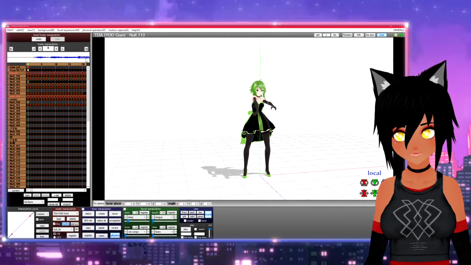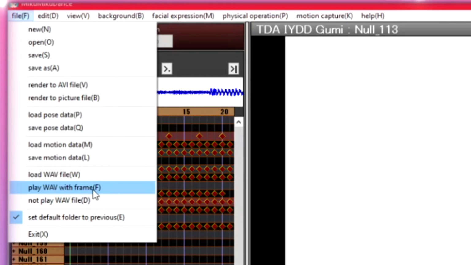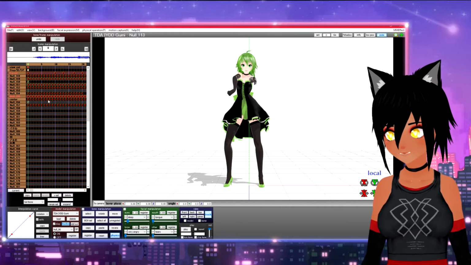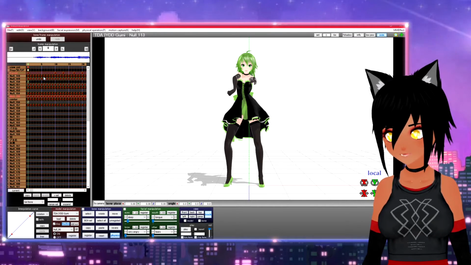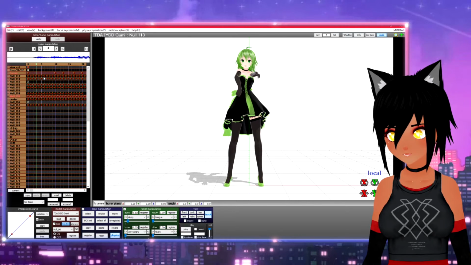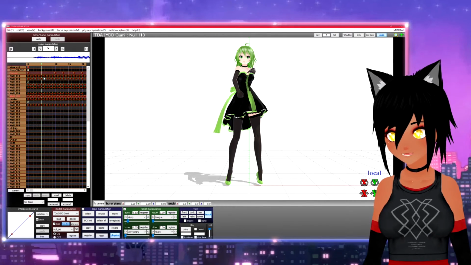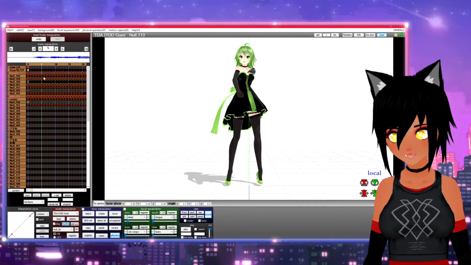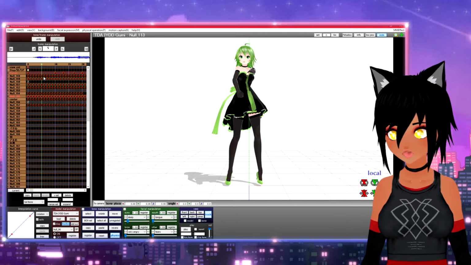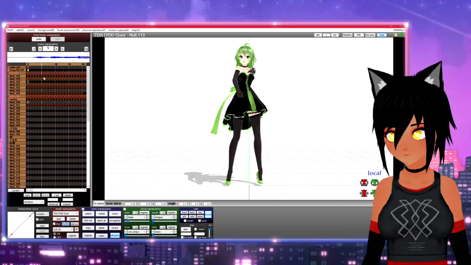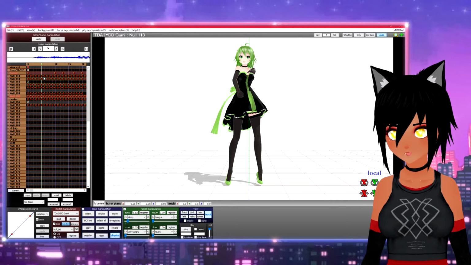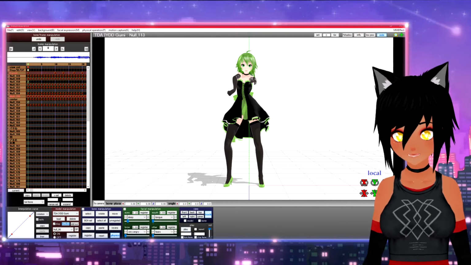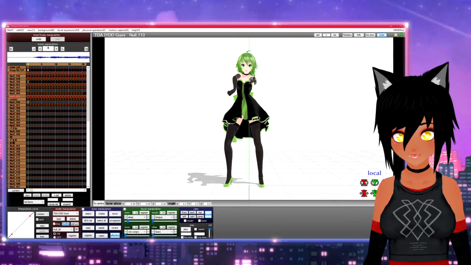See the little sound things. You can even set it to play wave with frame. That means it will play your music every time you use your arrow keys to click to different frames. So it'll sound like this. And that can be helpful for playing it in slow motion or finding key moments in the song, like when the beat drops, and to know where to place your keyframes. Or when the words start or whatever. But then you can click play and it'll play it in real time. I'm not going to do that because I don't want to get hit with that copyright.